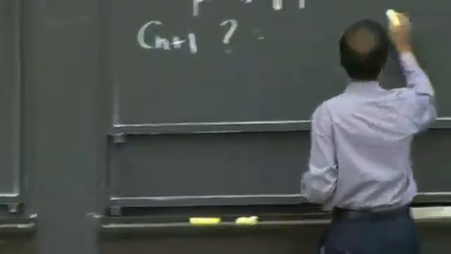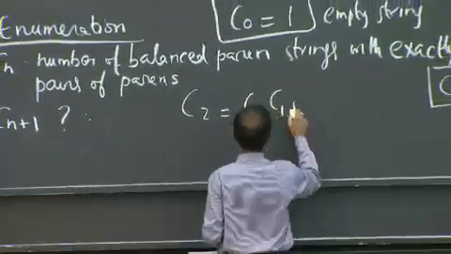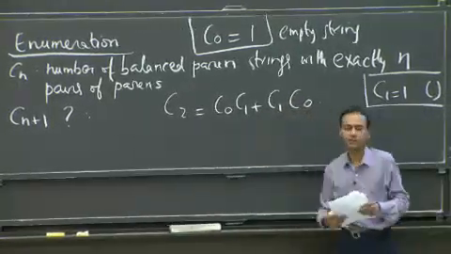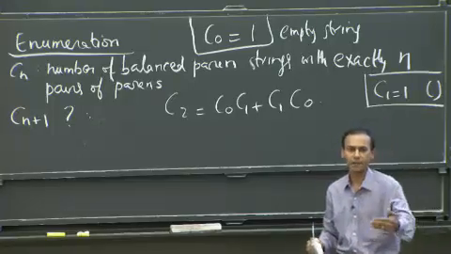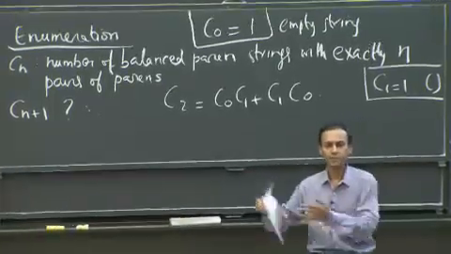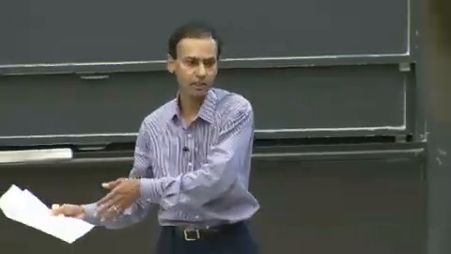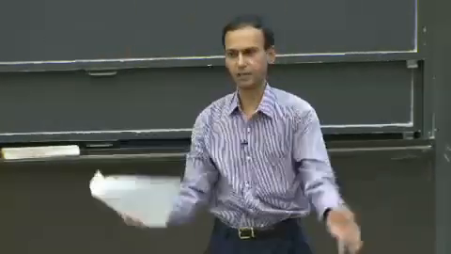C0 times C1. C2 would be C0 times C1 plus C1 times C0. Okay? And you're setting the alpha. So here's the thing. You set the alpha and you choose the alpha, and then you choose the beta. Okay? And there's a couple of different ways that you could choose the alpha. You could make it a string that's empty, or you can make it the one string that you've generated so far, which is the standard simple string, the non-empty, non-trivial balanced string. And you could do that a couple of different ways with the alpha, and that's why you have two terms